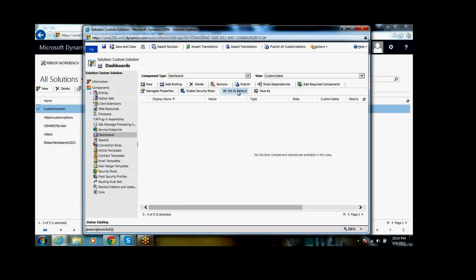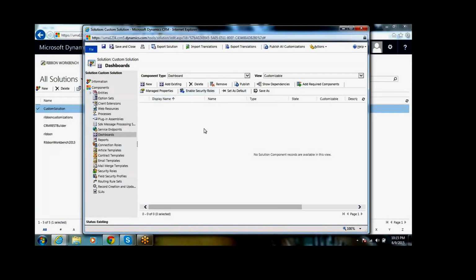If you select the dashboard here and click Set Default, it will be applicable for all the users in the system. You can enable the dashboard for particular security roles. So that is dashboards in the CRM.